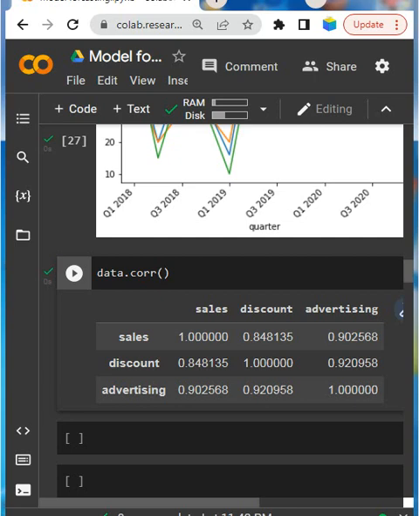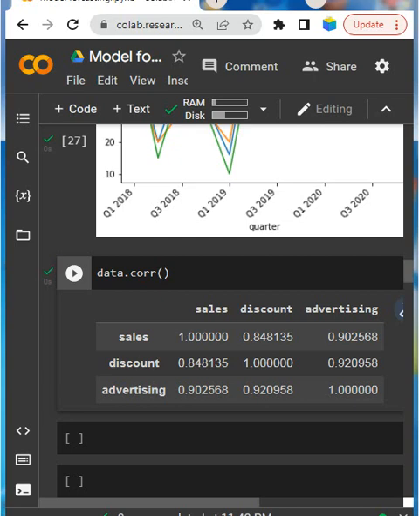So in these circumstances we can see the variables, we see a positive correlation between sales and discount, and a strong positive correlation between sales and advertising. Sales and advertising, the correlation is strong, so they could be useful in predicting future sales.